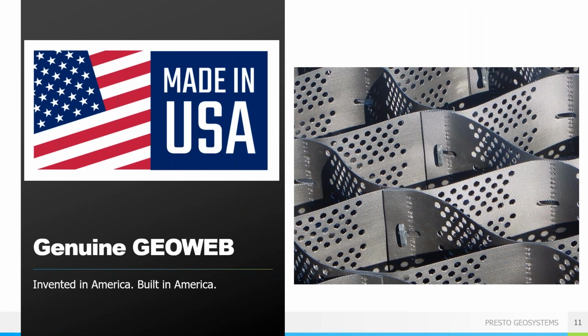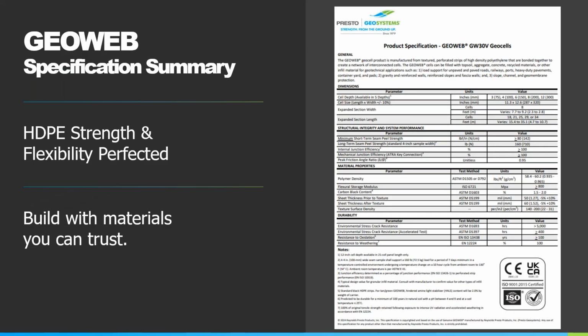GeoWeb, all of our accessories and our GeoWeb panels, our resins, everything is 100% made in the United States under our strict QA/QC program. If you have any projects with the Build America, Buy America Act, or BABA, we can provide the documentation for that. So, once again, specifications are really important for any type of geosynthetic product. We have a very detailed specification. We stand behind it. We're constantly testing all of our parameters, whether it's an ASTM standard or an ISO standard.